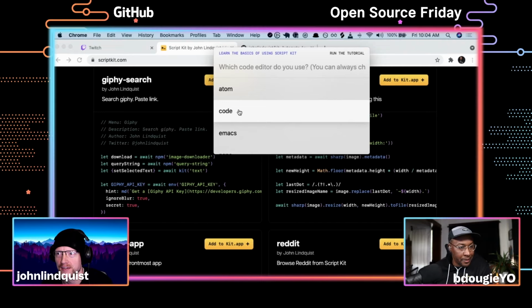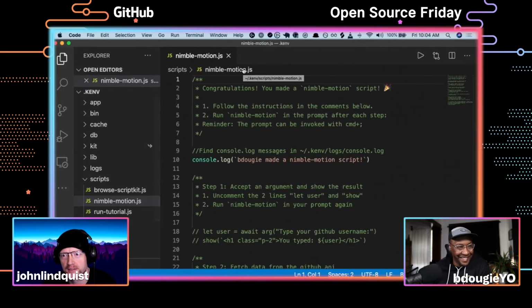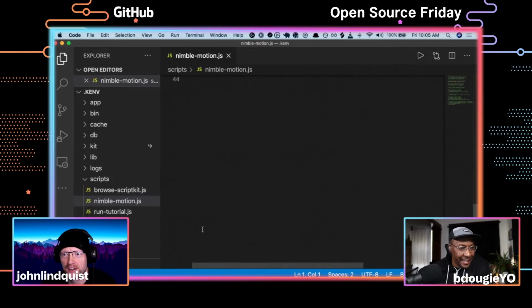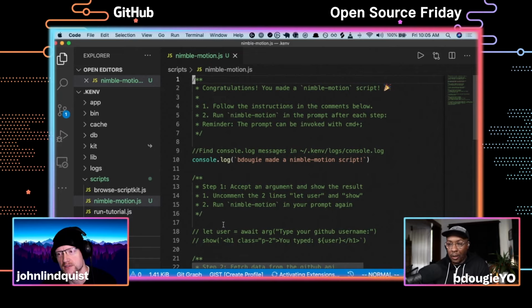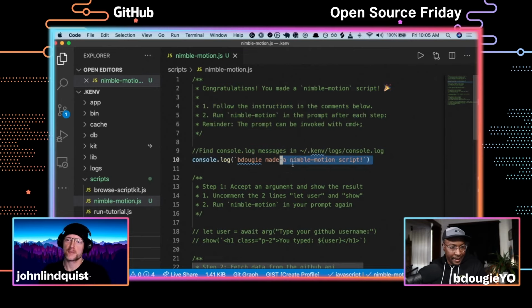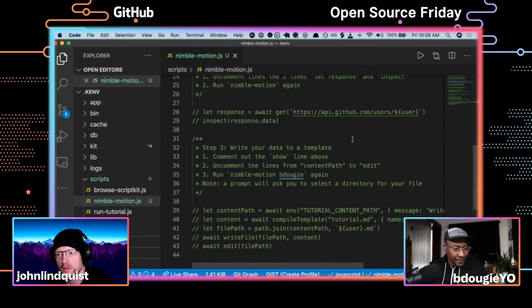Okay, so which editor do I use? Code. Yep. And it'll cache that. Excellent. This gives me, so this is me building my own script, and this is what it's walking me through. Okay, excellent. So what's the next step? I've created the script. I now can console.log Nimble Motion into the logs. Yep. So go ahead and